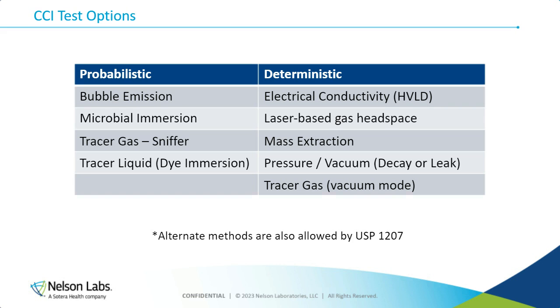This is the table from USP 1207, and this is really the methods that they list. This isn't an all-inclusive list, so they've got that little caveat there that alternate methods are allowed if they're properly validated. And that's just because we never know what's coming up on the horizon. Somebody might have a great idea for container closure integrity, and we wouldn't want to exclude it until we could